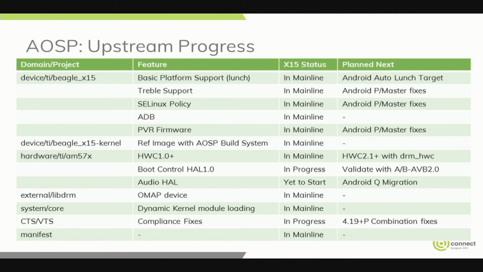Boot control HAL, this is needed for Android verified boot and also AB kind of functionality, and it is there in AOSP master, but given that AB and AVB is not yet in U-boot, we cannot consider it as completely done. So once the U-boot changes are integrated, we do have to do some more production testing and close this part. The next effort is audio HAL integration, and we have to move to a generic audio HAL very soon. Then we had to make some additional fixes in external libdrm to add OMAP device and dynamic kernel module loading support,